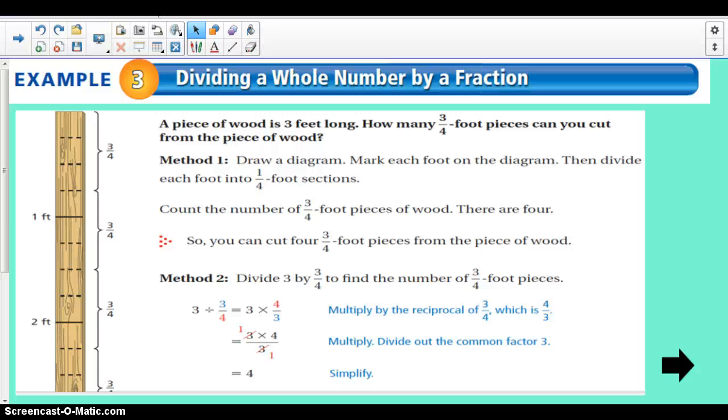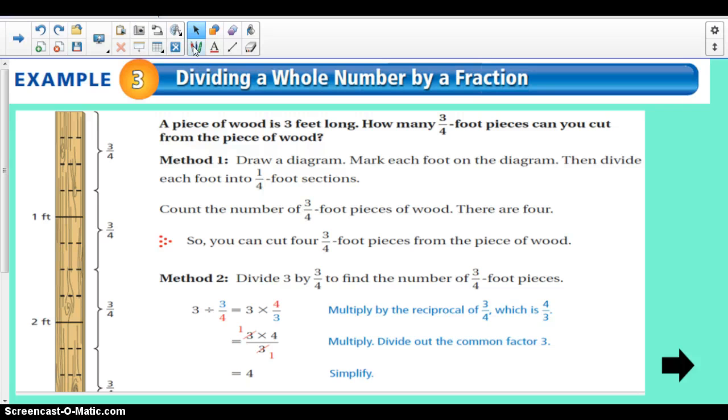That's method 1. Method 2 is dividing 3, because your wood is 3 feet long, dividing 3 feet by 3/4 foot pieces. So you would take 3 divided by 3/4, it's right here. First thing you have to do, and they don't show it here, but remember in the video,